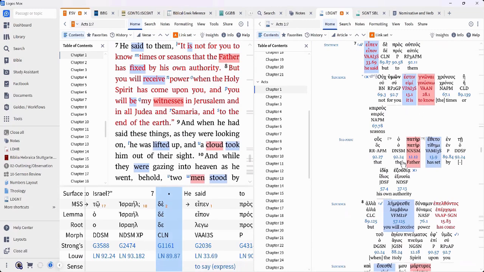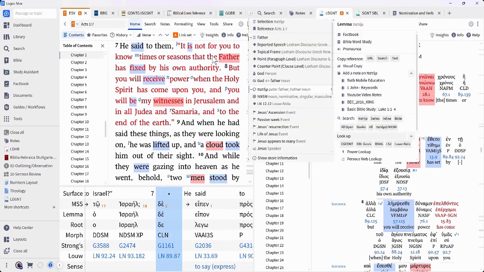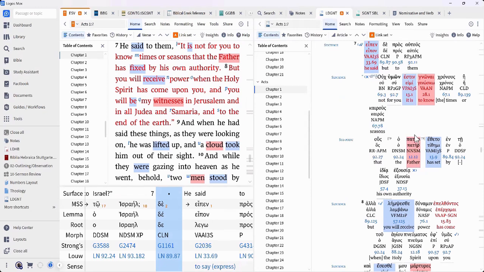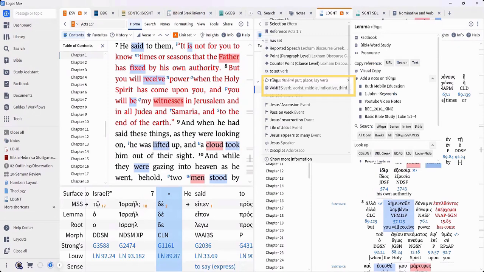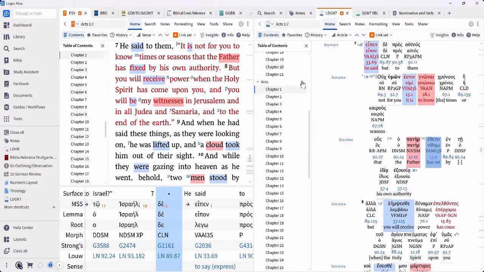Acts 1:7. It's this part right here when it talks about the Father. So he said to him, it's not for you to know the times that the Father. Now, since there is a definite article in front of pater, this is the subject of the sentence. So not all nominatives, generally, yes, a nominative is going to end with a sigma, just not all the time. And the verb here is the aorist